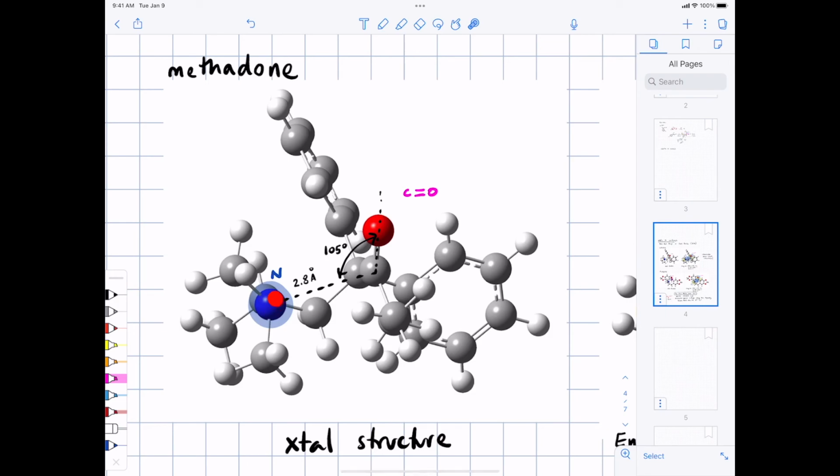In any case, they noticed this nitrogen about 2.8 angstroms away from this carbonyl carbon. That's almost within bonding distance. That's maybe almost closer than van der Waals distance. And they also noticed that the angle between nitrogen, carbonyl carbon, and oxygen was around 105, which is pretty close